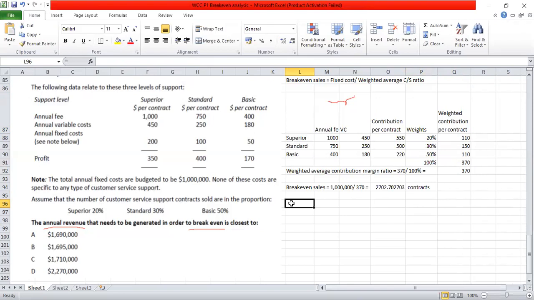So the number of contracts will be 2703 into 20%. So number of contracts will be